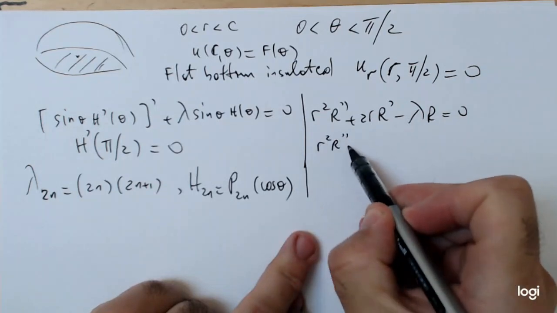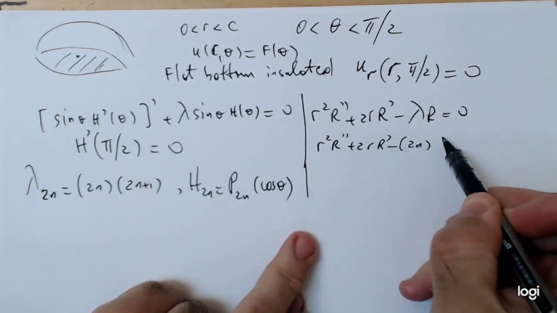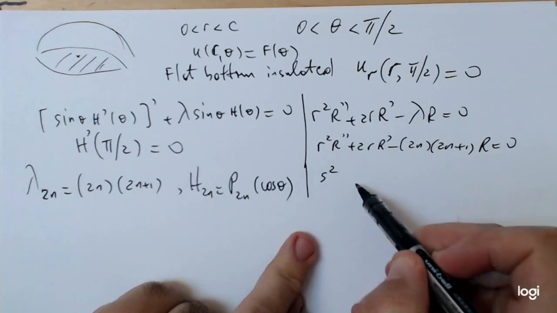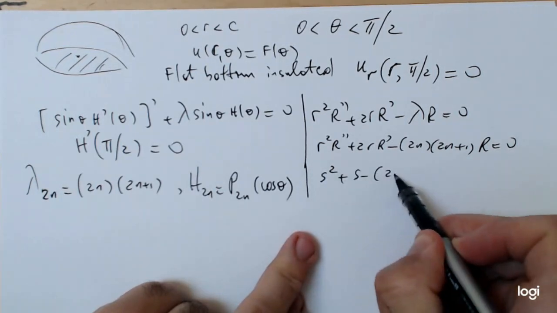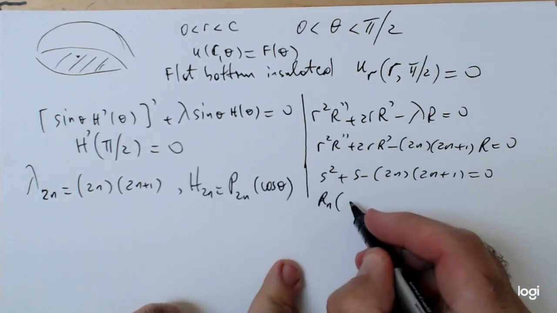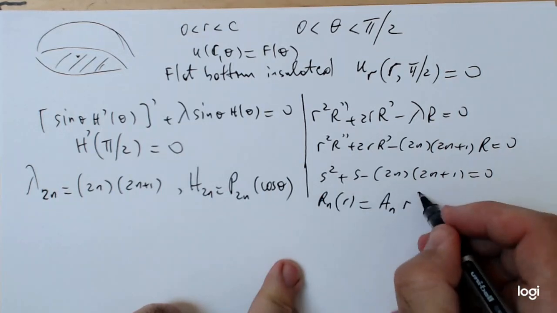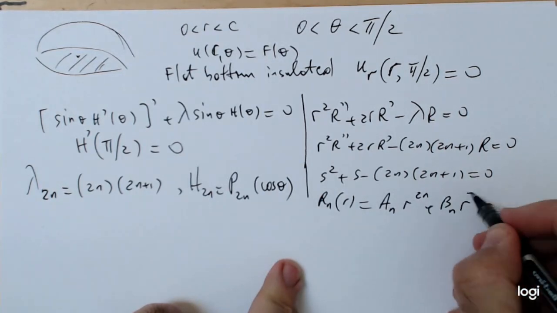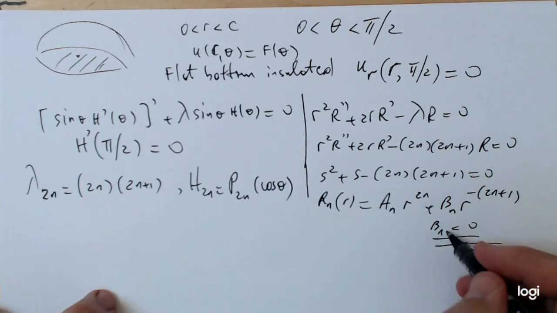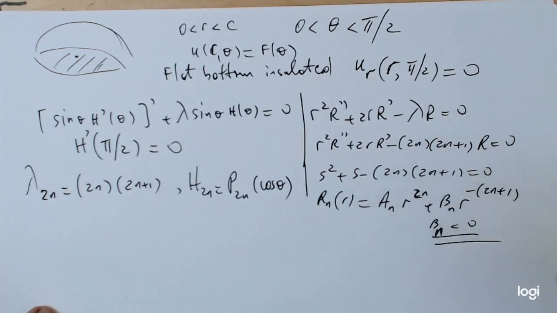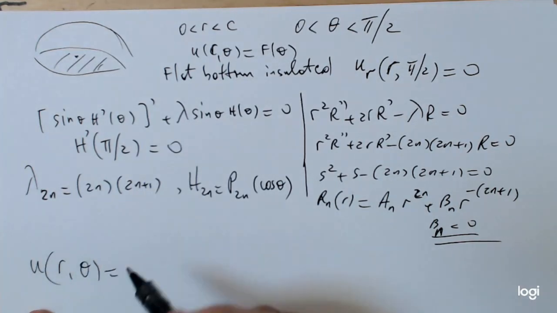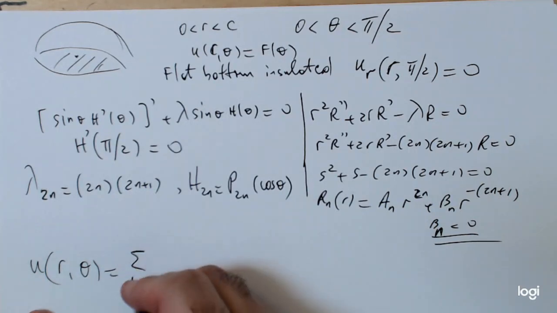Characteristic equation for this, right? If you plug in 2n times 2n plus 1 for lambda, the characteristic equation will be s squared plus s minus 2n times 2n plus 1, and R_n of little r will be again a r to the 2n plus b r to the minus quantity 2n plus 1. Just like before, the coefficient attached to the negative exponent needs to be 0 for continuity, and your solution via the superposition principle will be summation from 0 to infinity